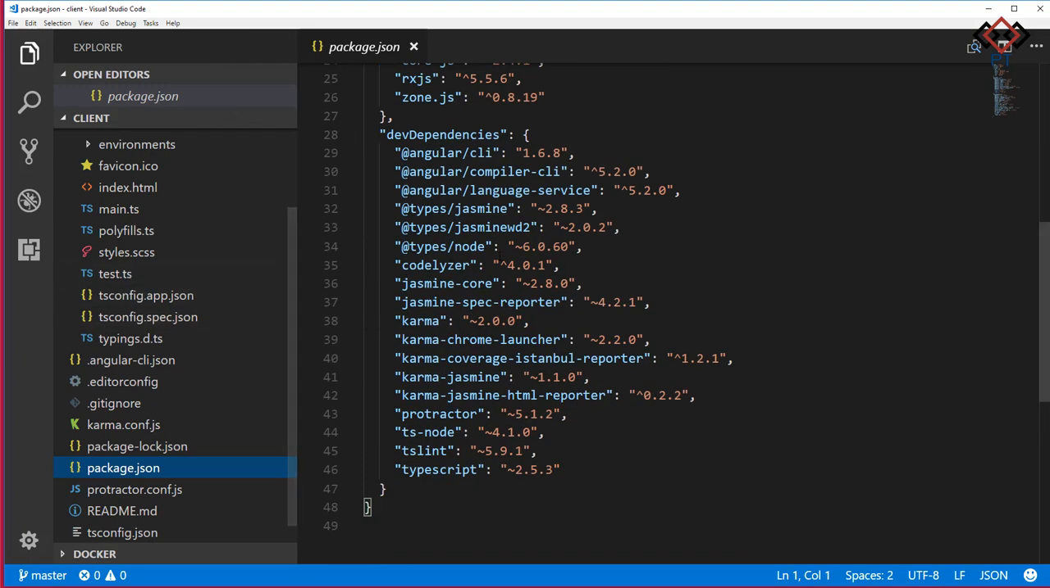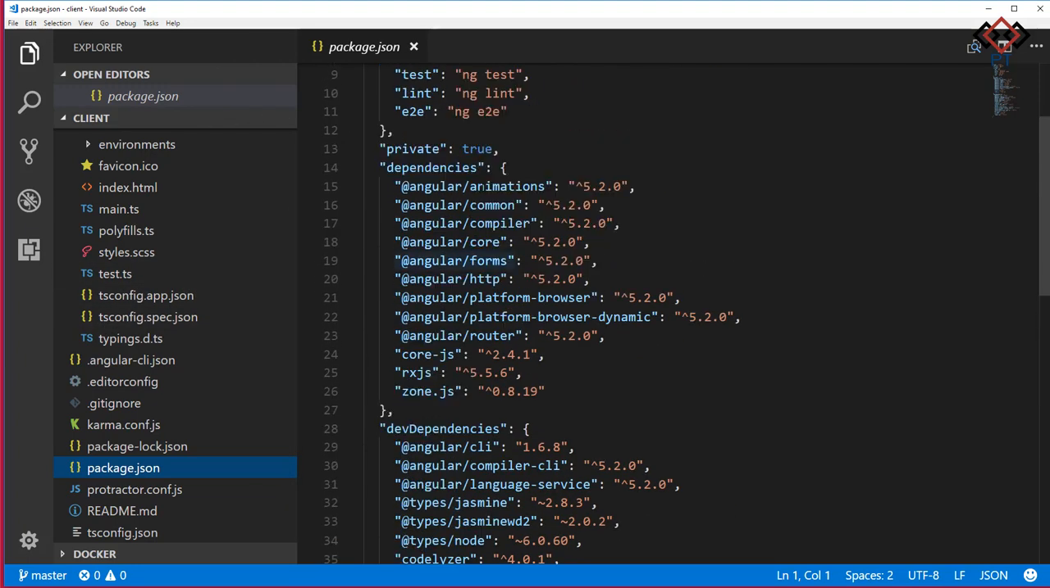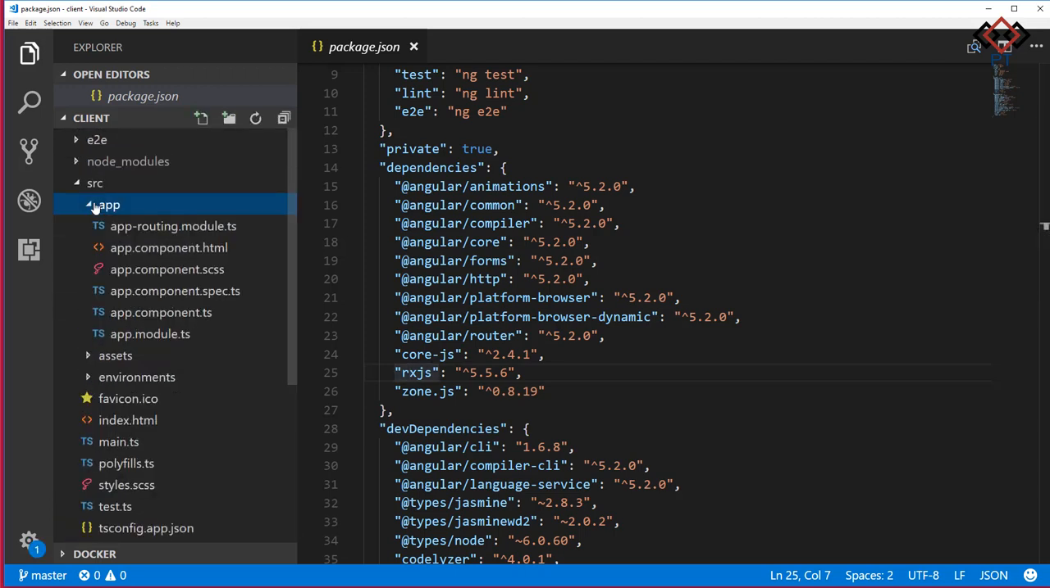Package.json contains your project information like author, version, project description, etc. It contains the list of all your npm packages, which are installed by default when you create your project. It also contains development dependency packages. Let's check